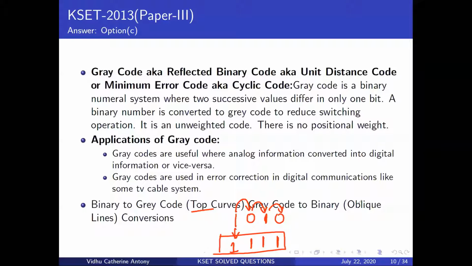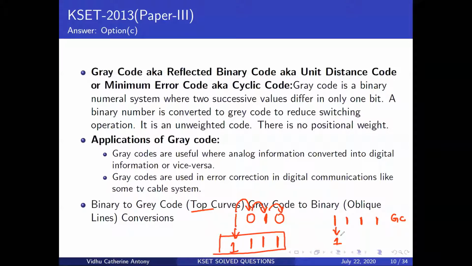Now you want to convert from gray code to binary. Let's do that by taking this gray code itself. I'm taking my answer and checking if it gives me this. For the first one, I take that down and put it exactly where it is. The MSBs do not change whether it is binary or gray code. That's something you should note.